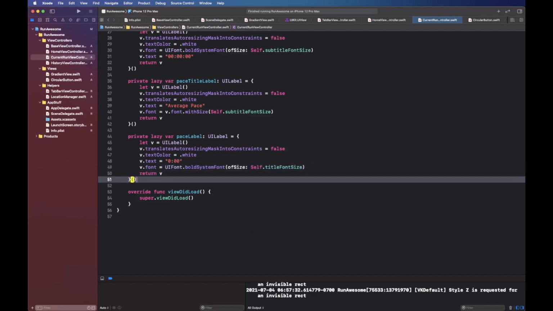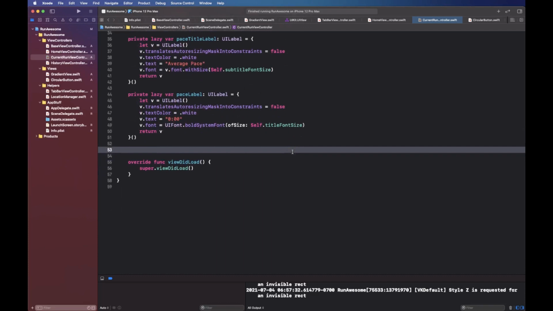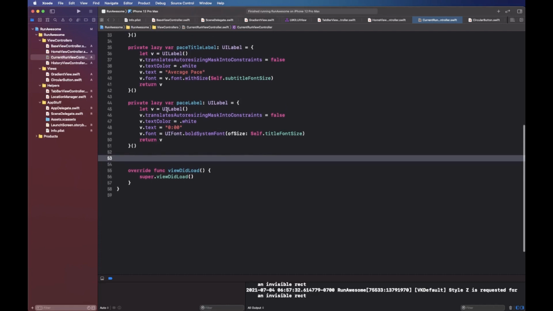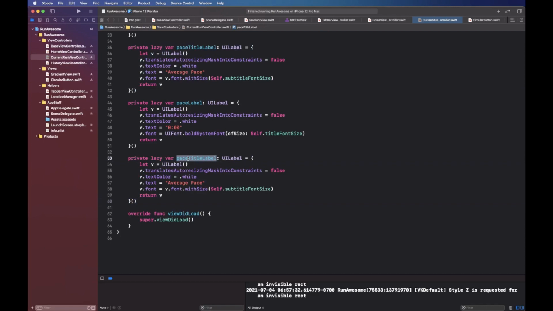Okay, that's gonna be for the pace, and then we're gonna have a subtitle for pace, which is gonna show like per mile. So I'm gonna take this guy, and I'm gonna say pace subtitle label. Okay, and once again it's gonna be white, and this is gonna be per mile, and the font is gonna be subtitle font size. All right,